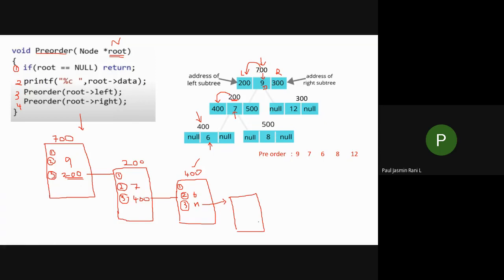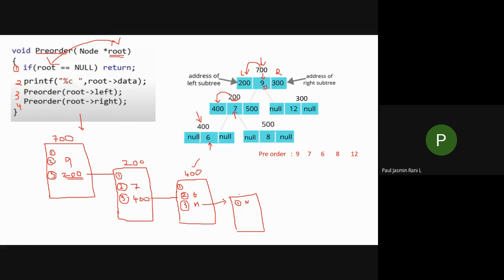So I'm going to execute the first statement. Now what happens here? If root is equal to null, what do I have to do? Return. I should not execute these statements. So if my root value is equal to null, I should return. What is the root value now? Root value is null. So when the root value is null, I'm returning.